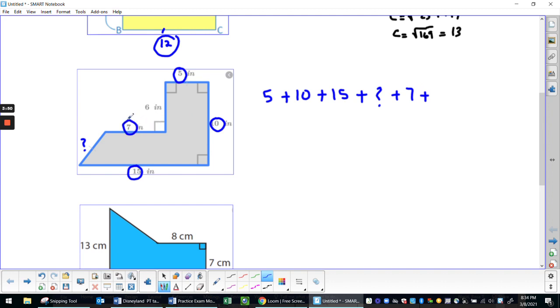And every time I put a side length in my equation, I put a circle around it, or you could cross it out so that you won't double up or forget to put one in. It's always a good idea to mark it somehow that you did write the side lengths in your equation here. 6 is my next one. Okay, and so I'm good here. So I need my question mark sign. Okay, so once we're here,